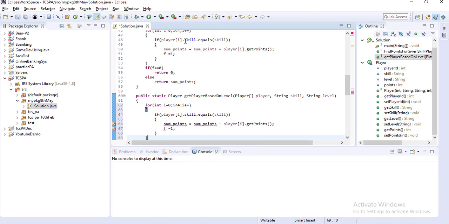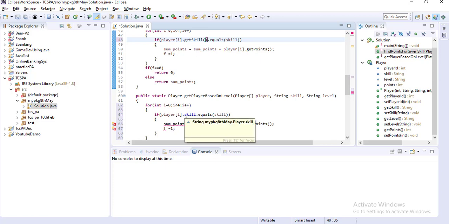Here also you can write the getSkill method, because if you write the member as private, then you always have to get this value by getSkill instead of directly using the variable. So here also I am writing the same method, getSkill.